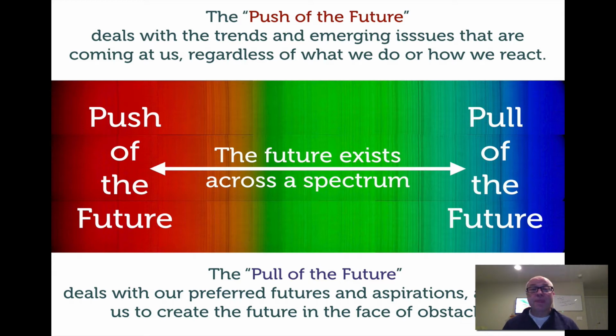And that is that both the push and the pull, this one spectrum or timeline of the future, is causing, both by the pushing of the trends and what we want to pull ourselves to, our aspirations and our transformation, those two things together are creating this emerging pull of the future, so that we're not just pulling ourselves to the future, but as we investigate, the future is trying to pull out of us something that is emerging, which is a little bit deeper concept and not something I would share with your audience at all, but I think it helps you tremendously to know that as future thinkers, we're really uncovering what's trying to emerge, the future that's trying to emerge. And that's the push and pull of the future together.